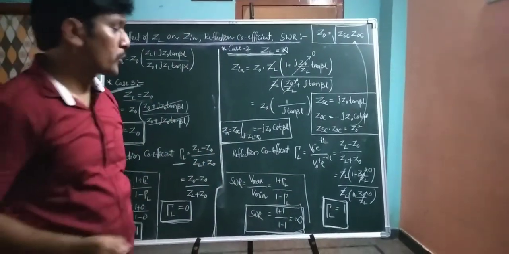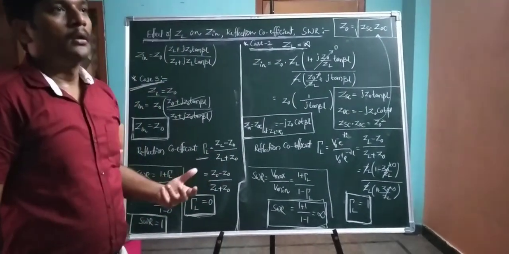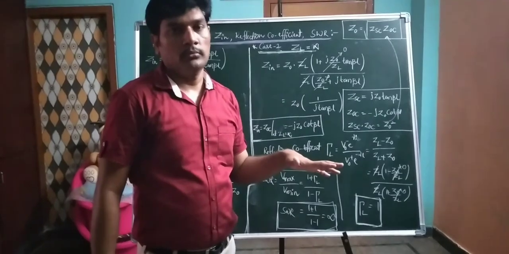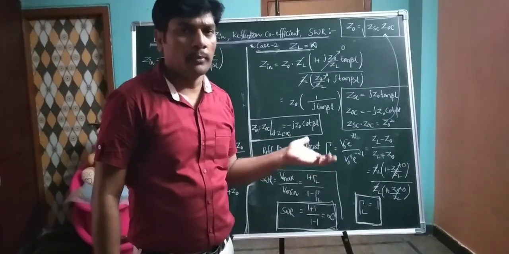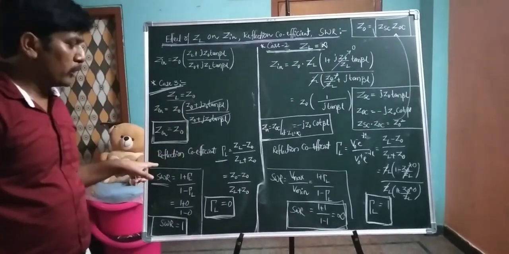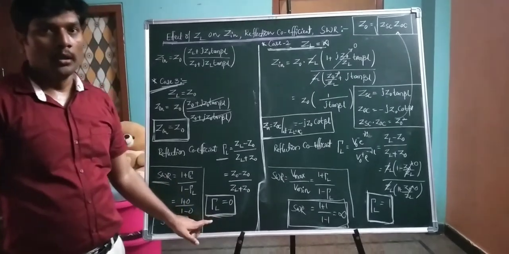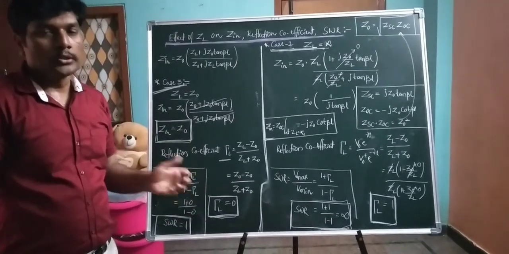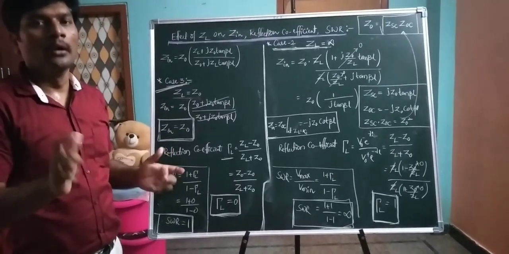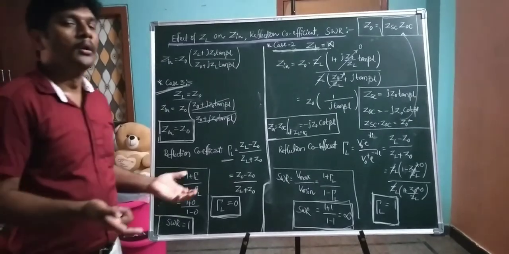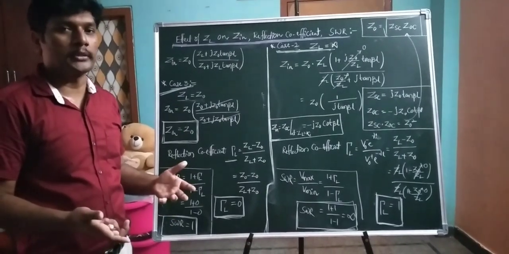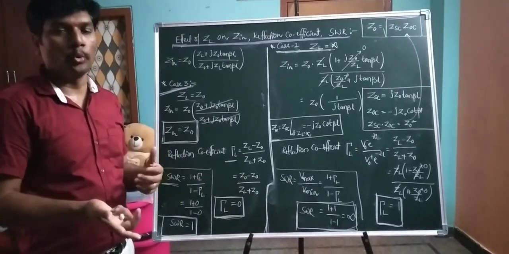And one more important note you have to remember: when the load is perfectly mismatched, the reflection coefficient value is 1, that may be minus 1 or plus 1. When the load is exactly matched, what is the reflection coefficient? The reflection coefficient equals 0. From an objective question point of view, the question may be raised like that: what are the possible values of the reflection coefficient? 0, minus 1 or 1. Magnitude wise, if you consider only two possible values, what are the two possible values?